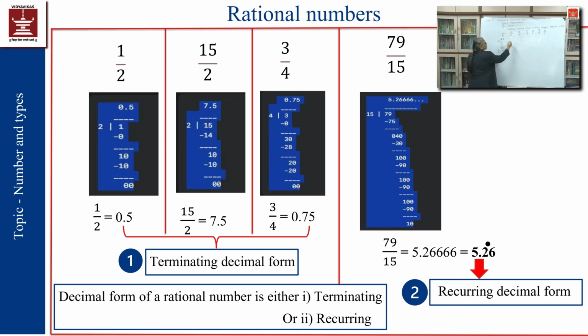Let us consider 15 upon 2. Let us actually divide 15 by 2. So, 2 7s are 14. 15 minus 14 is 1. We will put a decimal point. We will take 0. After the decimal point, we can take infinite number of zeros. Since we are in 8th standard, we won't show all these zeros. Then it becomes 2 5s are 10. Again the remainder is 0, which means the division comes to an end and hence the decimal representation of the number 15 upon 2 is 7.5.